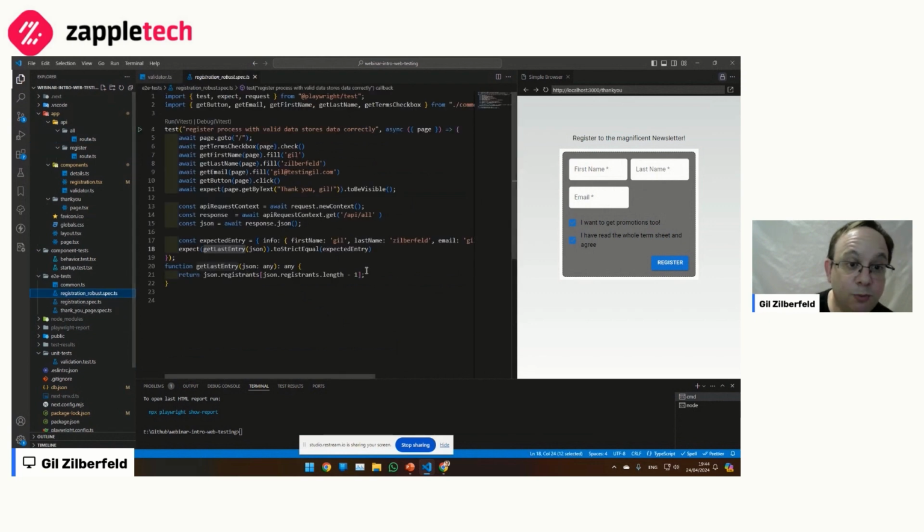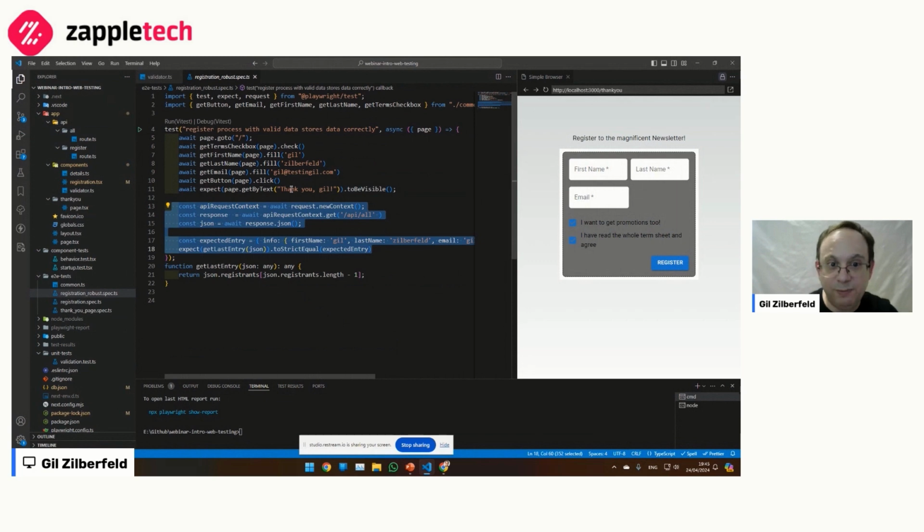And my more robust test does all the things that appeared in the UI test before, but then it calls the all-data API, gets the JSON, looks for the last entry, and sees if it's the same thing that we entered. It correlates to the operations that we did here. And this is a more complete test.